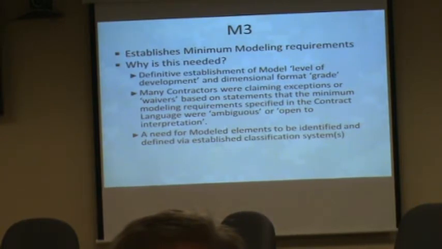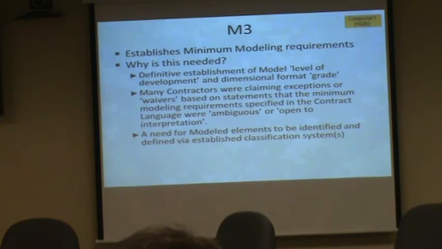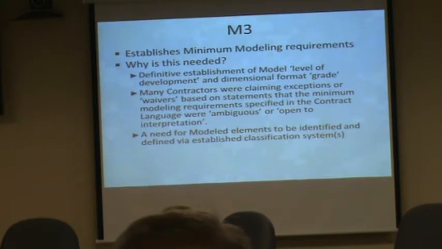The previous version of the M3 was text. It was just in the contract language. You will model doors to this specificity. You will model conduit down to the 2-inch line. You will model pipe that's 2 inches or bigger. You will model conduit 2 inches or bigger. It was all in the contract language, and frankly it was a little vague. Would you really model every single conduit, or would you say, look, I've got a big bundle about this big, I'm just going to model it as one thing and deal with it later? Because I need space control, I don't necessarily need to provide the contractor with an exact length of every single conduit in the duct bank.